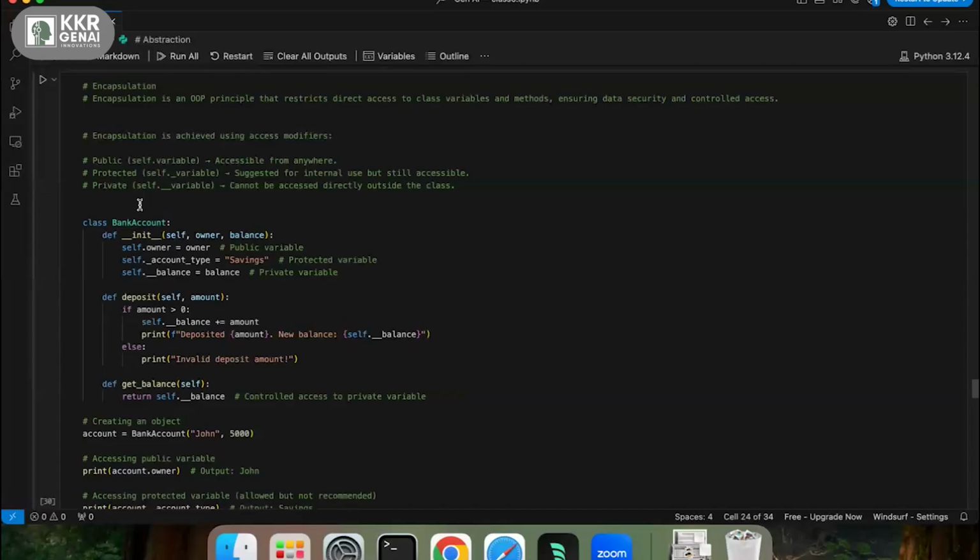Every protected member in Python is declared with an underscore. If you are declaring a protected variable, you can declare it as underscore name. For a method also, you just have an underscore as a prefix.